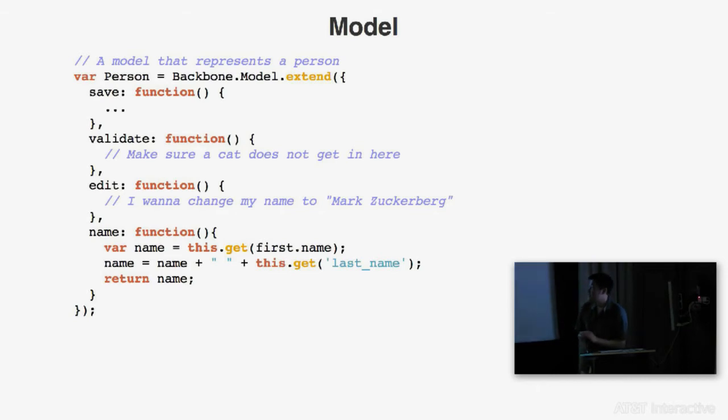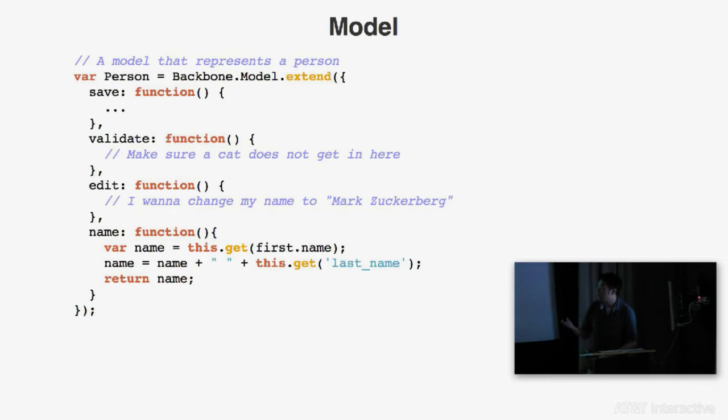So once again, in JavaScript, everything's an object, so you don't actually have real classes. All you're doing is extending objects. So model in Backbone gives you a base point to start, and then your custom model extends that functionality or overwrites it if you need to. So in your JavaScript, you create a person "class", in quotes because it's not actually a class, and then you can start defining stuff in your class, like there's a save function, or